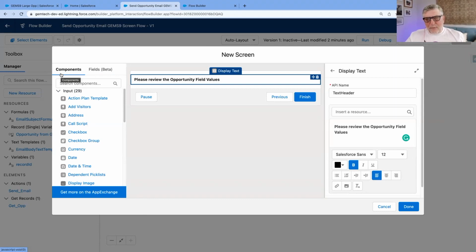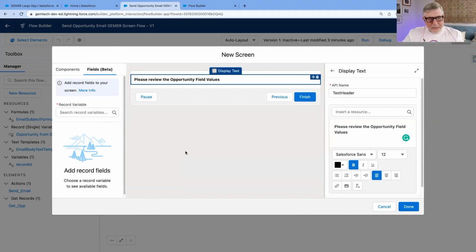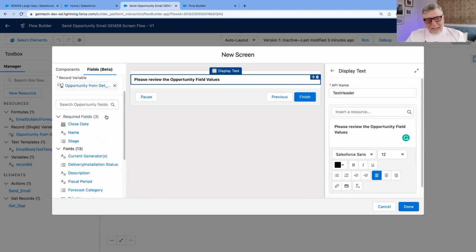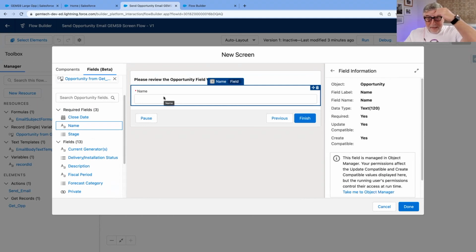It does take care of a lot of the parameters that you have to set up on all these different screen components. Now, I'm going to use the fields beta functionality for the fields that are supported. It needs to point to a record variable. Remember, we have a record variable automatically created that is coming from the get element, and that's right here. So I'm going to point to that record variable, and that is going to make all the supported fields available to me for me to insert and use on the screen. So I'm going to drag this name, opportunity name here. Now I have the opportunity name